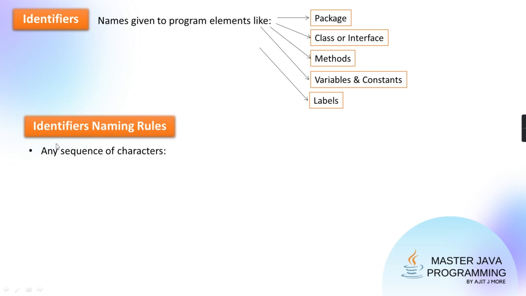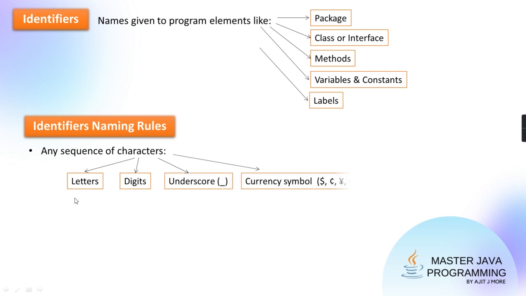So first of all, you got to know, any sequence of characters. What all characters? Letters, digits, underscore, and currency symbol. But a currency symbol, pound, yen, euro and all, they are also allowed. But you will say, how to type these symbols? Where dollar, okay, but what about this? To represent them in their Unicode form. I'm coming to that. I'll give an example of it. It will be more clear to you guys.